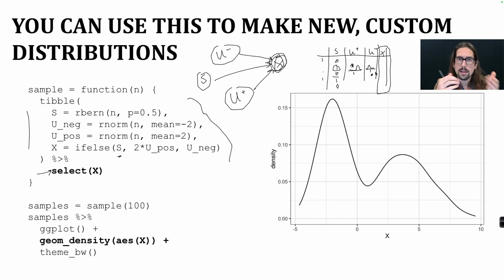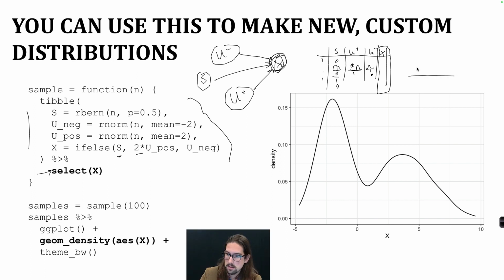And so what I'm going to get is a kind of mixture of these two distributions, where sometimes I'm getting the value drawn from the positive normal distribution, and sometimes I'm getting the value drawn from the negative normal distribution. The other thing that I did is I said, actually, when I'm taking the one from the positive one, multiply that by 2. And what that does is, so if I have here's 0, and my distribution looks like this, and I'm multiplying it by 2, what that says is any time that I would have gotten the value 1,